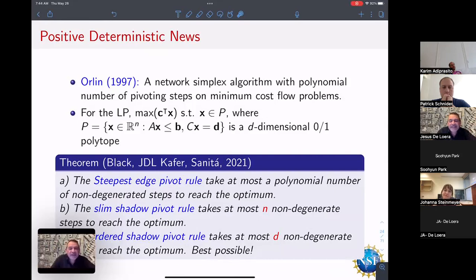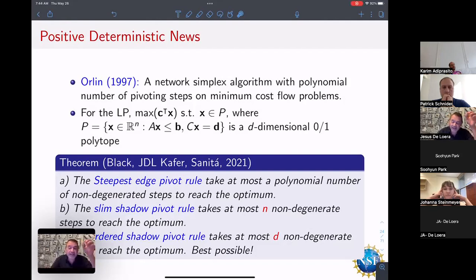So there's a big difference between the randomization that I showed you before and the results that I'm going to show you now, because these are deterministic, right? I don't want to do a randomization in any sense. I just want to look at a polytope and a linear program and run some pivot rule and get some result. So in 1997, Jim Orlin had a fantastic breakthrough, and he found a pivot rule for the network simplex